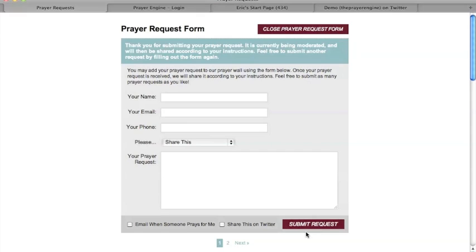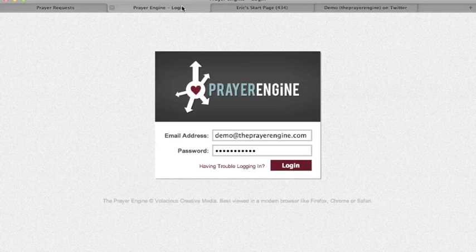Let's move on and take a look at the Prayer Engine's administrative portal. Your administrative portal is hosted on the same site as your prayer wall, and it is accessible from anywhere in the world as long as you have an internet connection, so you do not have to be in the office if you need to moderate a prayer request. Now, immediately after a prayer request has been submitted, your Prayer Engine administrators will be notified via email that a new prayer request has been received. So, assuming that you receive that email, you will log into your prayer wall,